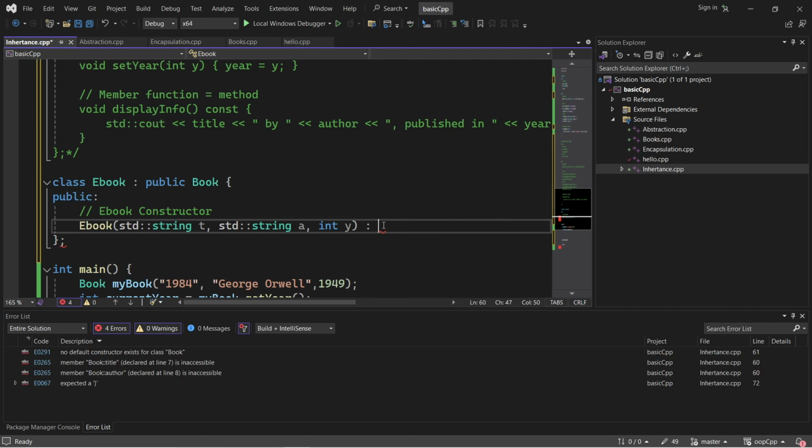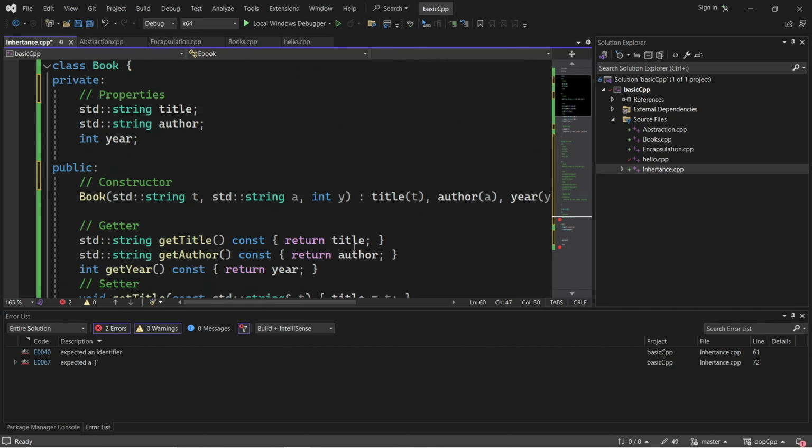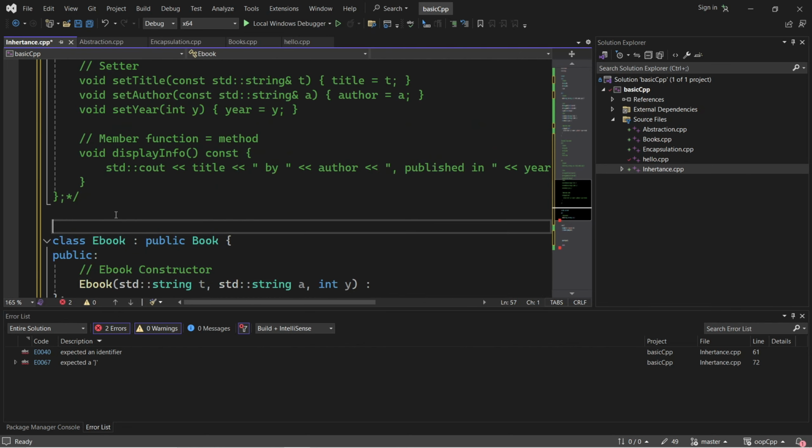It is in the base class Book. You do like that, but it is a derived class, it inherits from